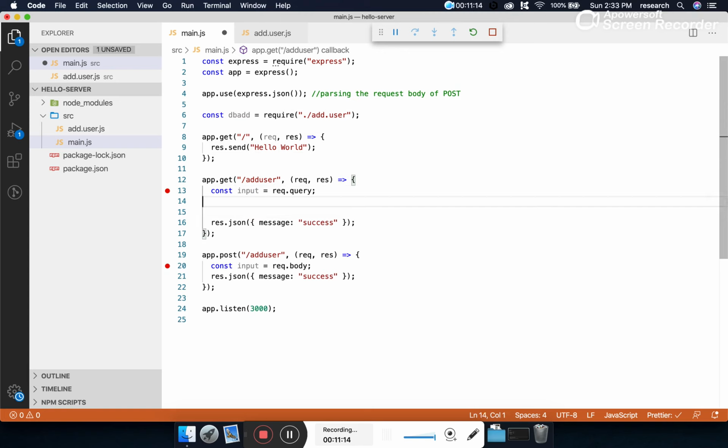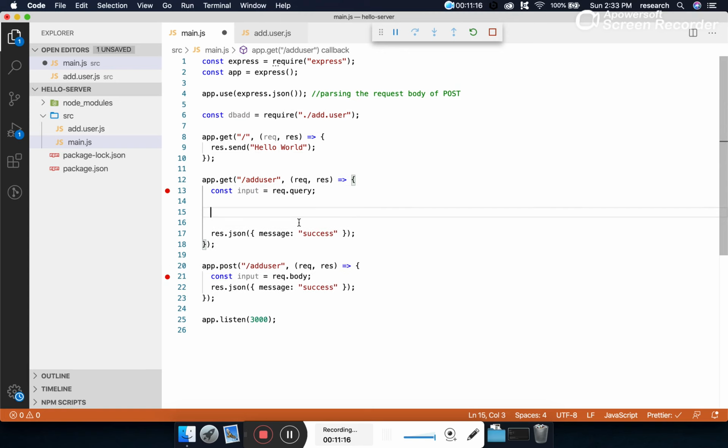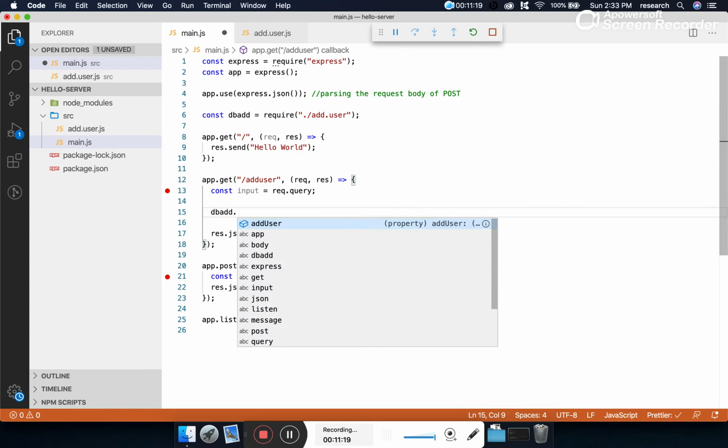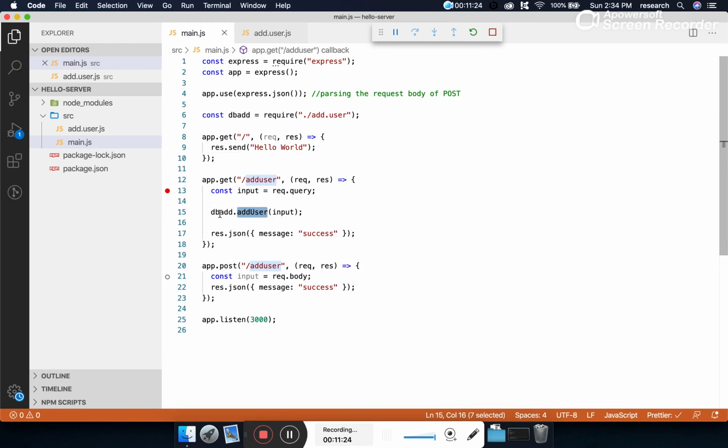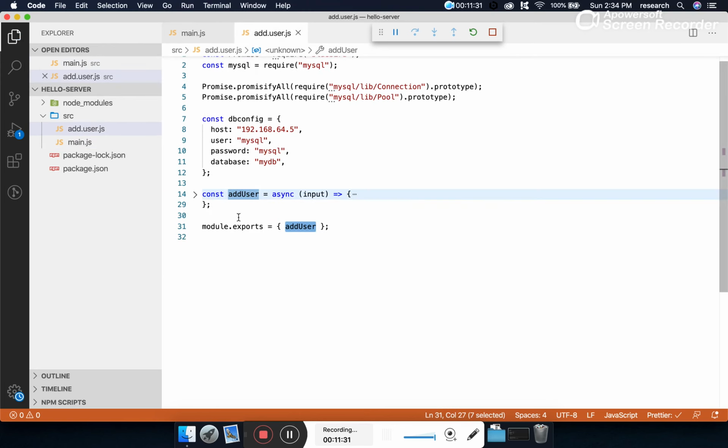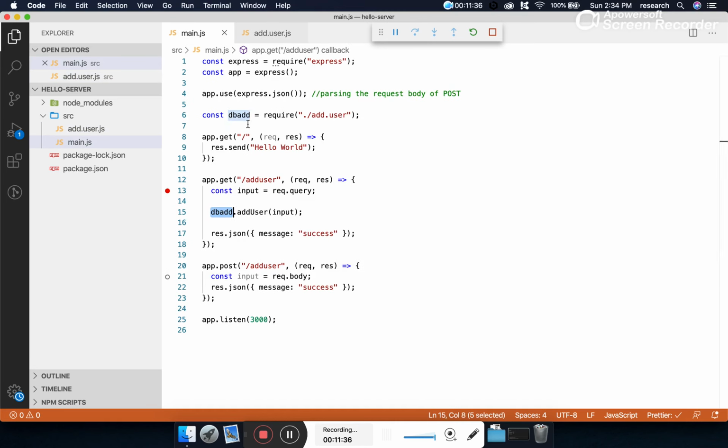And where do we have to call this from? We have to call this from here. So dbAdd, and this is a method called addUser. And I will be passing this parameter here. So which method will be called once the user is making a request here? This addUser method will be called. That means this particular block is going to be called. But this method is asynchronous in nature. So what will this method return? This method will return a promise. So I am applying an await keyword here, which is waiting for the db operation, and to make use of the await keyword, I am making this method async.